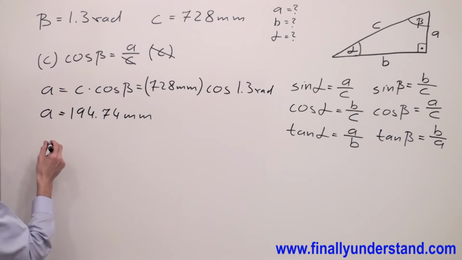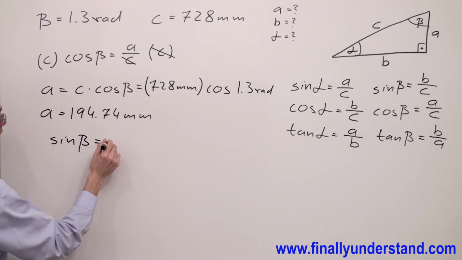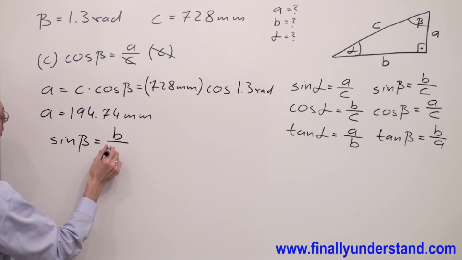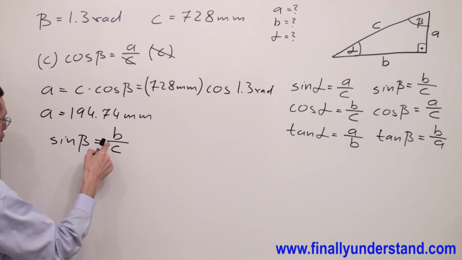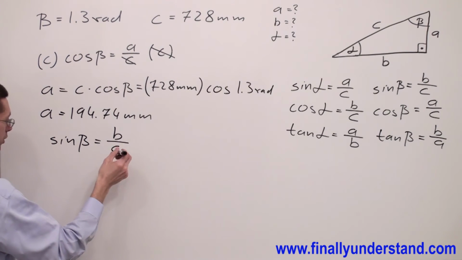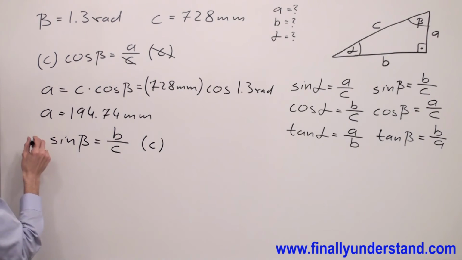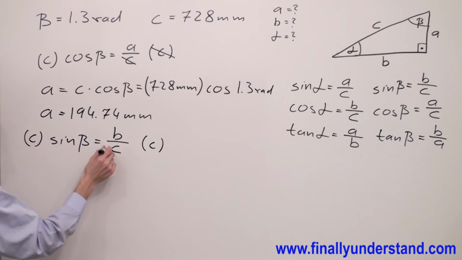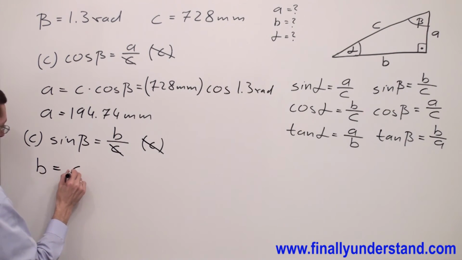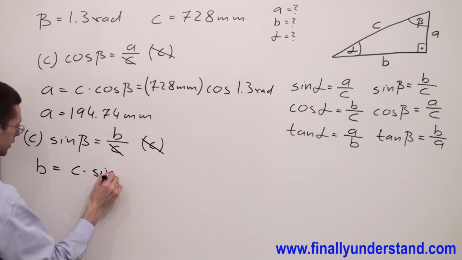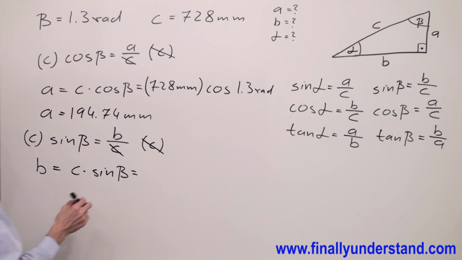So let me copy this formula down. We have sine angle beta is equal B over C. In order to solve this formula for B, you're supposed to eliminate the fraction. In order to eliminate the fraction from the formula, I have to multiply both sides of the formula by the denominator. C and C will cancel out. And we have B is equal C times sine of angle beta, where C is equal